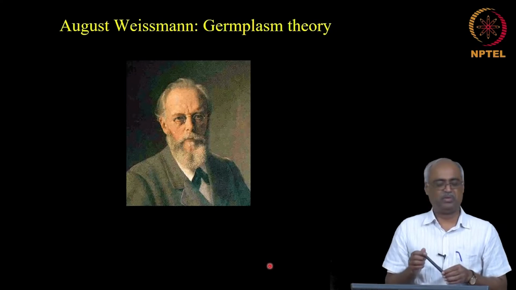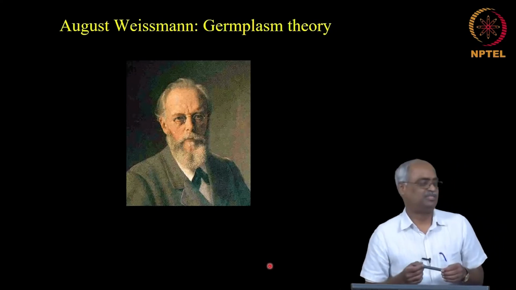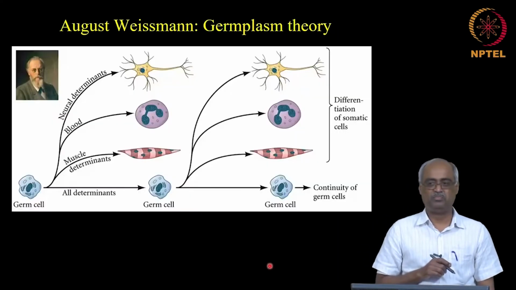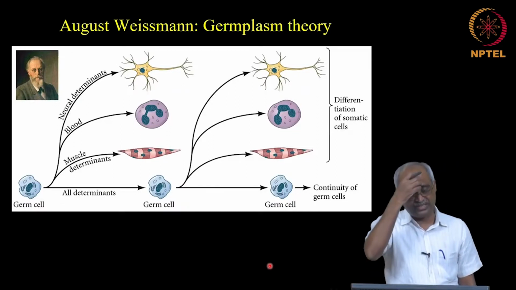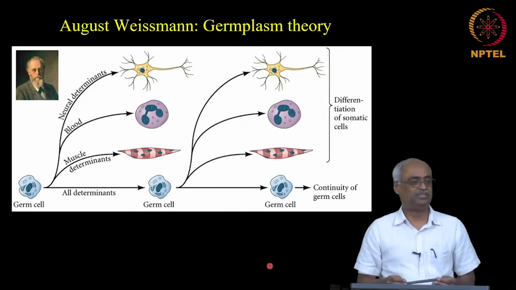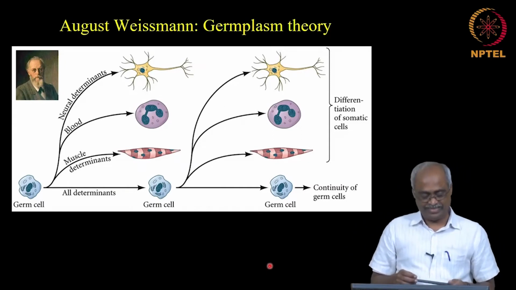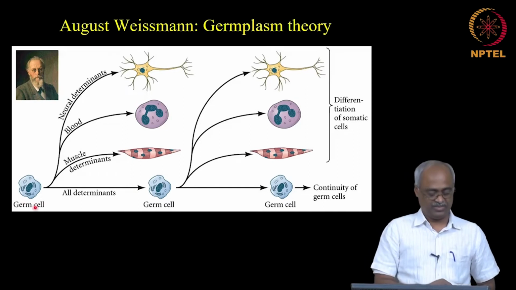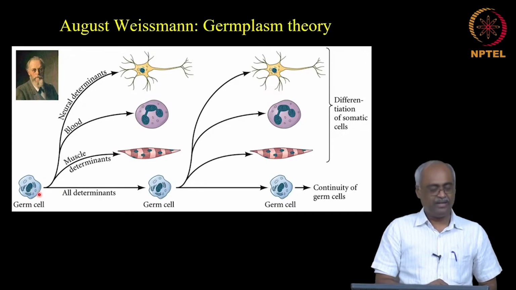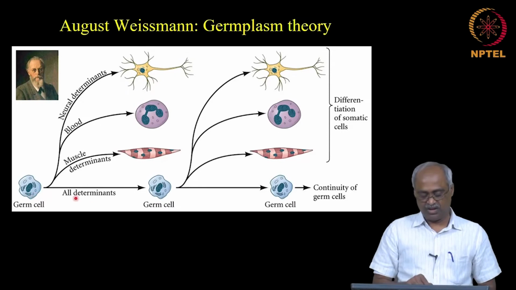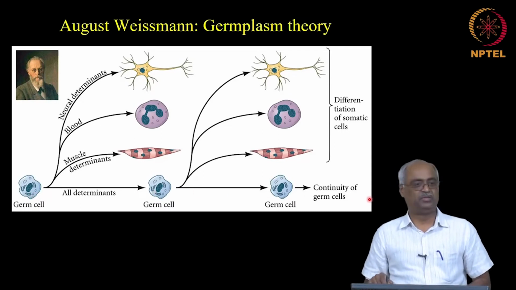So, August Weismann proposed a theory called germplasm theory. This is one of the really serious milestones in biology. Many biologists consider the importance of this germplasm theory as next only to Darwin's theory of evolution. So, what is his theory? He is the first one to distinguish somatic cells from germ cells. He proposed that the germ cells maintain all the chromosomes, the genetic material in its entirety, and that is passed on from generation to generation, the continuity of the germline.